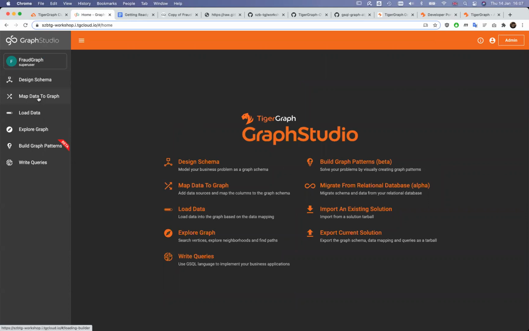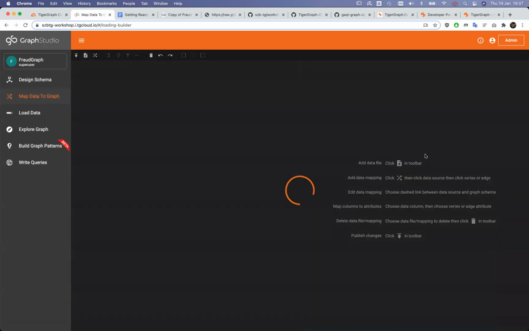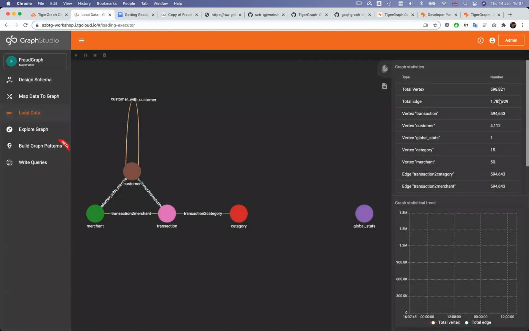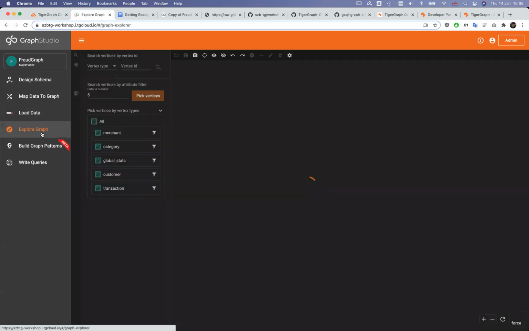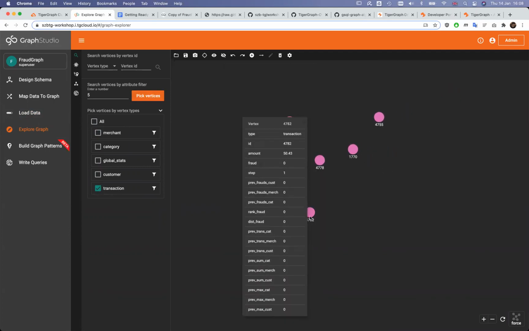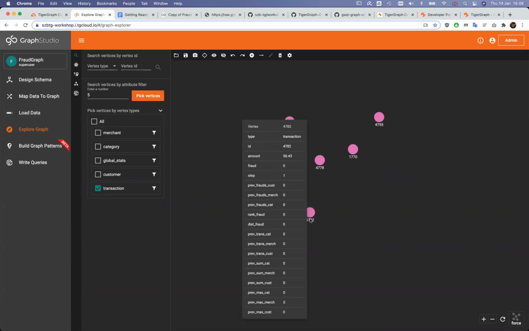So we have seen the schema design. Oh, sorry, I wanted to pick this one. As you can see, nearly 600,000 vertices have been created. Most of them are transactions, and there are 1.7 million edges between these various vertex types. Let's have a quick look at what data we have. Let's just explore transactions. Let's pick 5 of these. The initialization is still running. This is why we see zeros here. Once it's done, once the aggregations are calculated, these values will be populated.